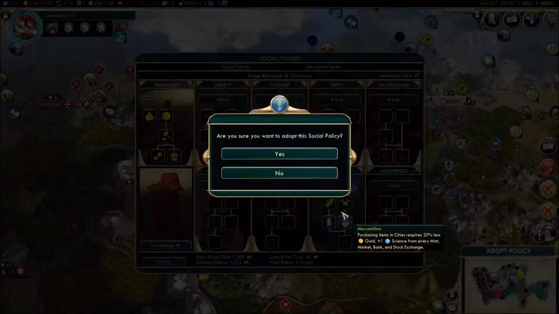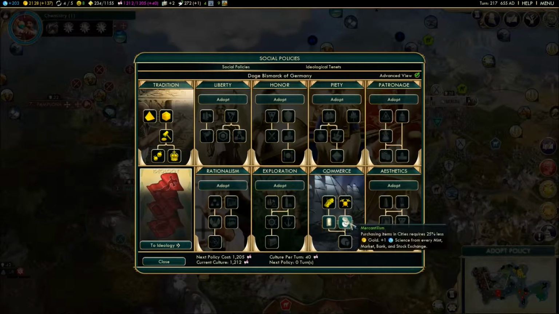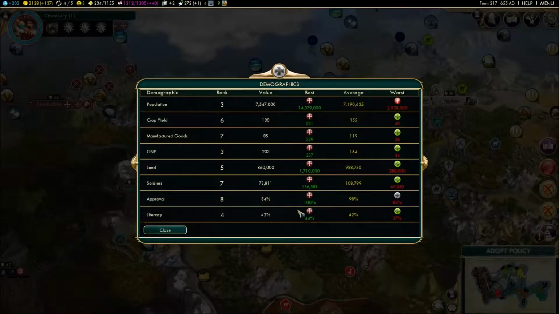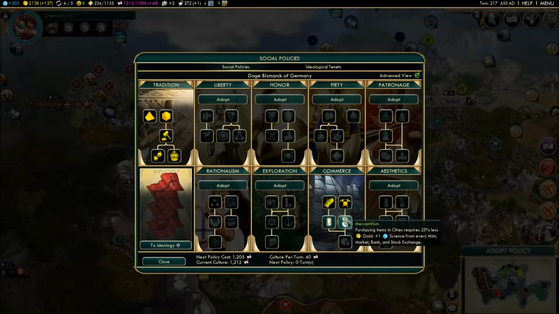Culture, get a little bit more science. I could get rationalism, but I kind of want to be able to finish protectionism, and we're not really lagging in our science. I mean, we're only 2 behind Spain now. So I think we'll do this, and this will give us a little bit of science, not much. Let's see,